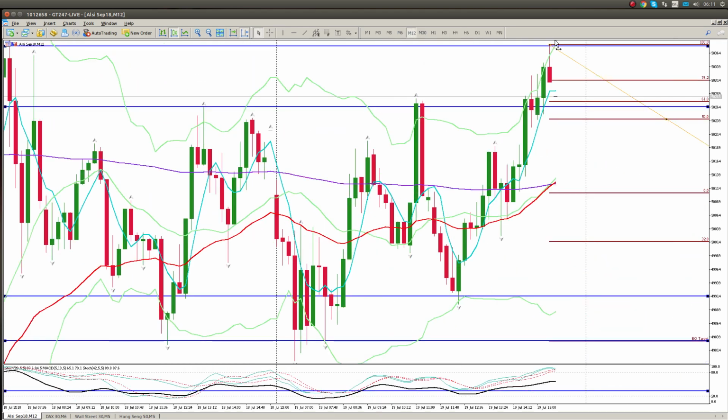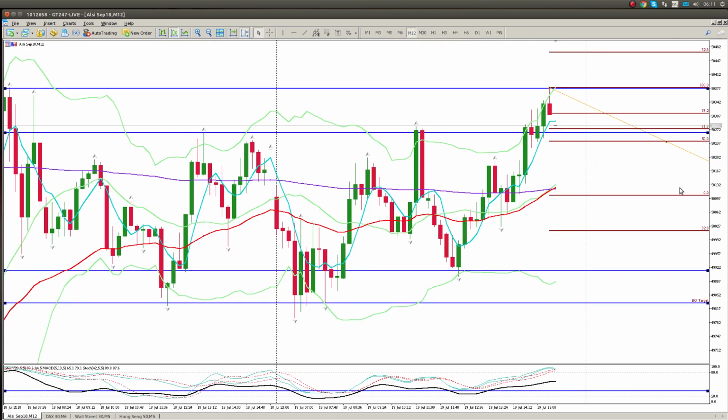So that being said, what am I looking for today? I'm pretty much looking for a short. We also have a wedge here on the 12 minutes. So I suspect we are going to gap down. This wedge will play out. We should get down to the target, and the problem with that is going to be below the 200 moving average on the 12, and also we're going to target this pin bar here, which would break the closing range. Okay, so